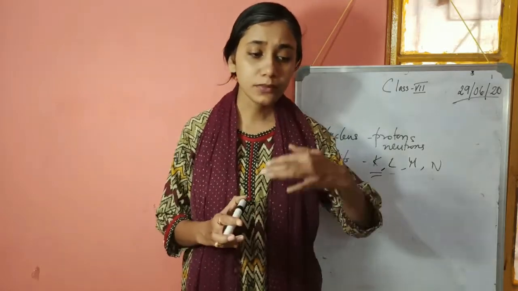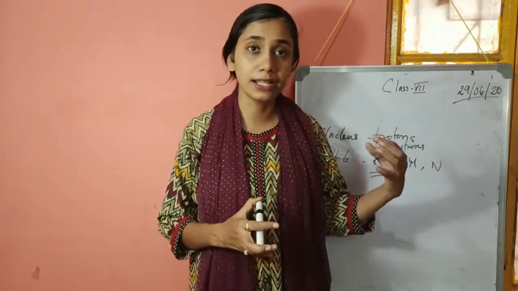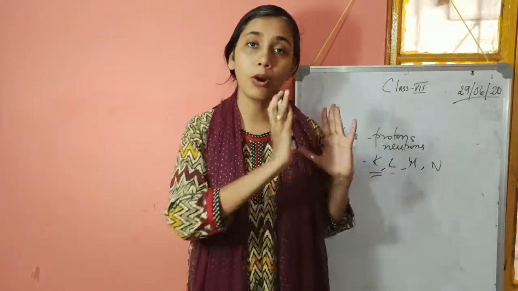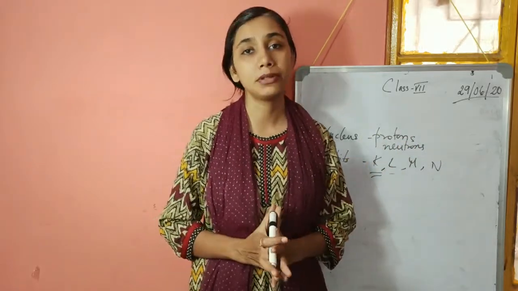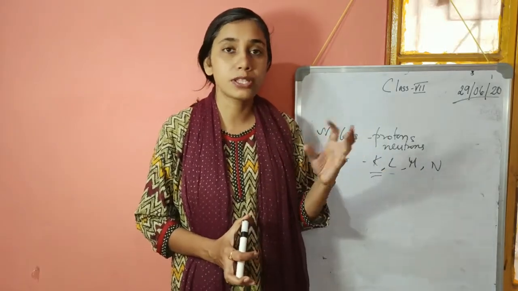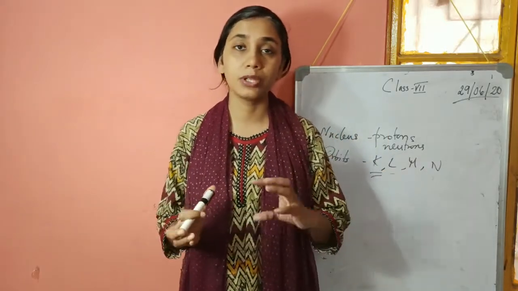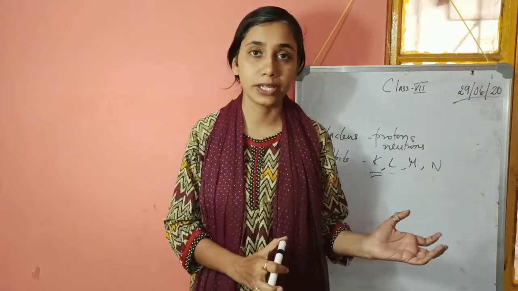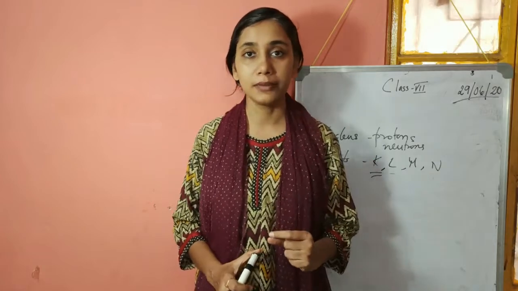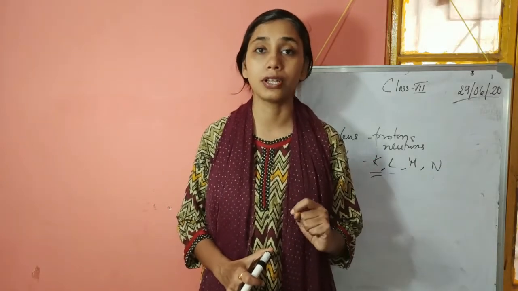Now these electrons and the protons and neutrons inside, all of them as a whole make the atom neutral. The number of electrons present outside of the nucleus is exactly equal to the number of protons present inside the nucleus. So as the number of electrons and protons are equal in an atom, the atom as a whole is neutral.